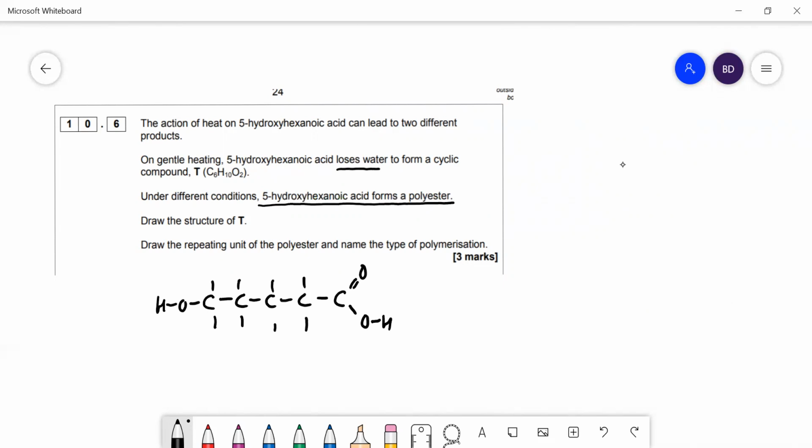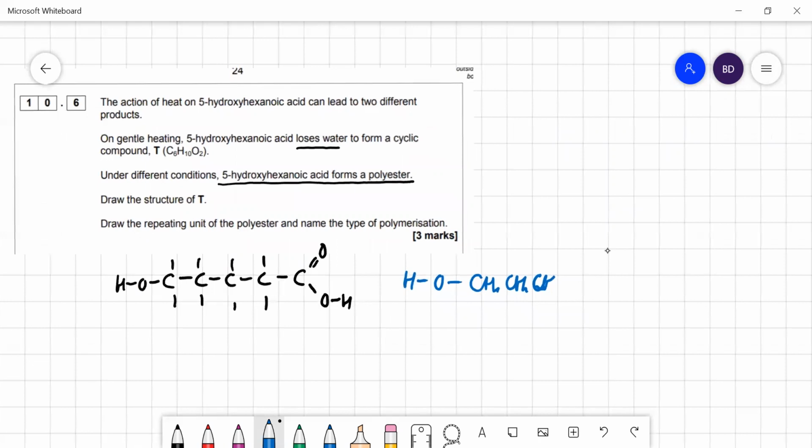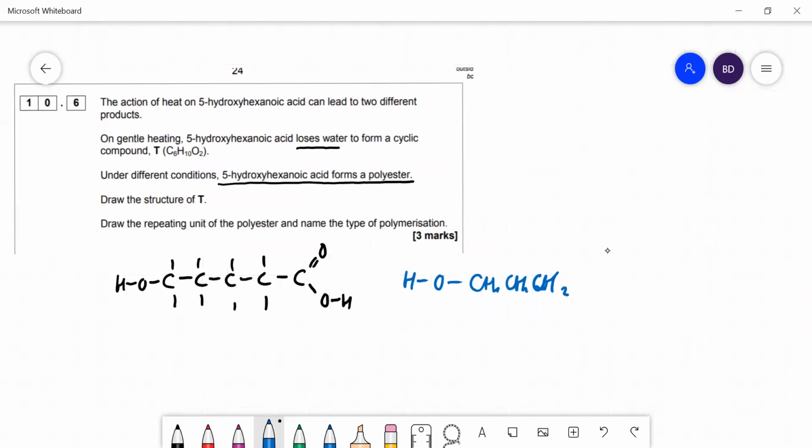Now, how is it going to form a polyester? Well, the molecules are going to go head to tail, aren't they? Because it's got an alcohol group at one end and a carboxylic acid group at the other end. Hexanoic 1, 2, 3, 4, 5. I've missed one out there. Let's just put another one in there. Sorry about that. And what they're going to do is they're going to go head to tail, aren't they? And they're going to form